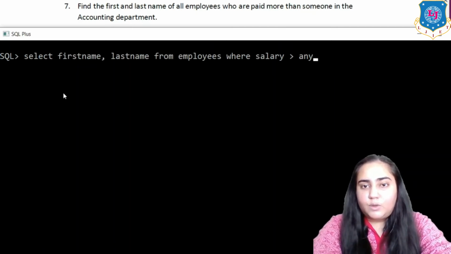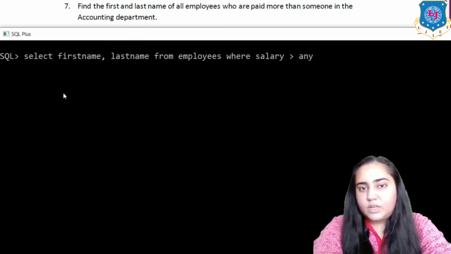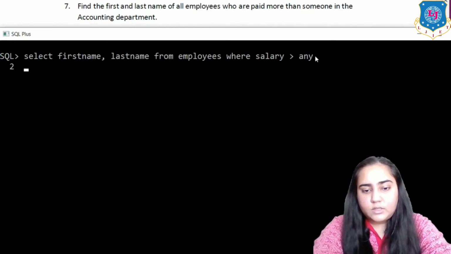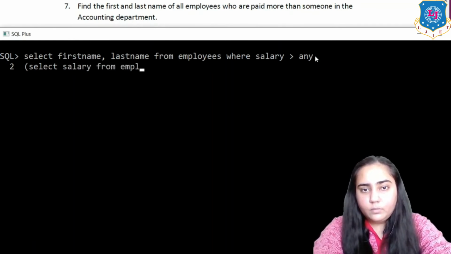It's going to result in giving one value, but we want the salaries of people in accounting department. And people in accounting department, we do not know how many there are. So we are using a keyword called ANY, because the question itself says that they should be paid more than someone in accounting department. Now let's hit enter and put the next query, where we will select the salaries of people from employees